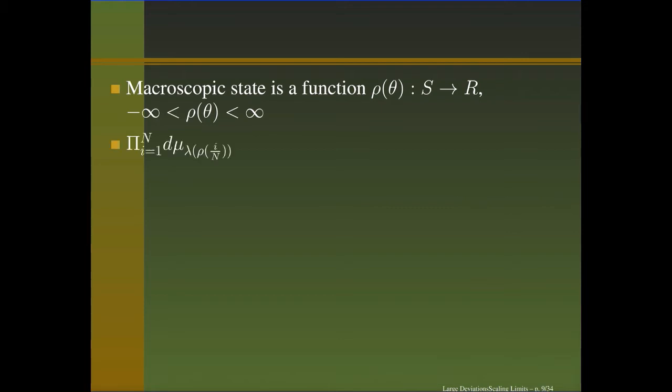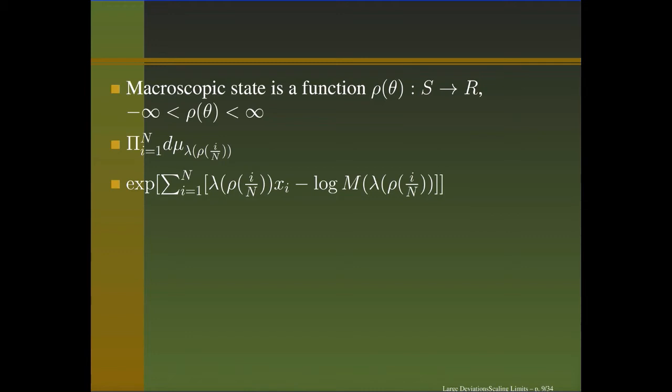And corresponding to a given rho, we can construct a microscopic ensemble which is random. We just make the variable at site i over n be distributed according to the tilt lambda of rho i over n, and you make it independent at different sites. This is a distribution on n-dimensional space, and you can explicitly write its density relative to the invariant density Phi N. And this is the explicit form.